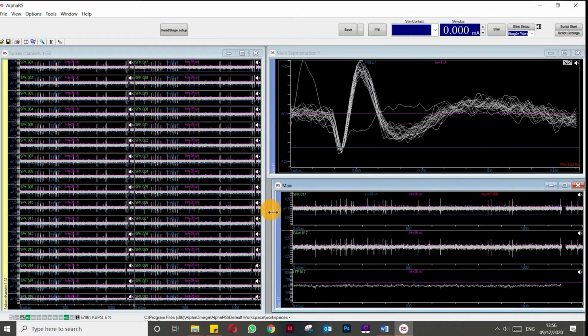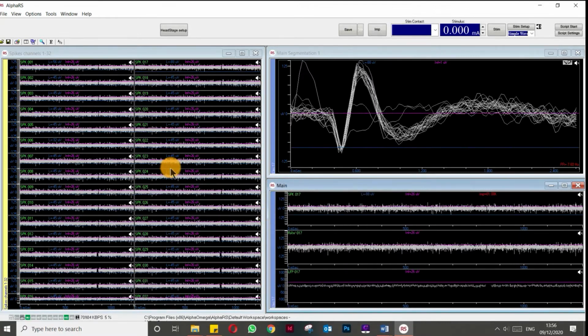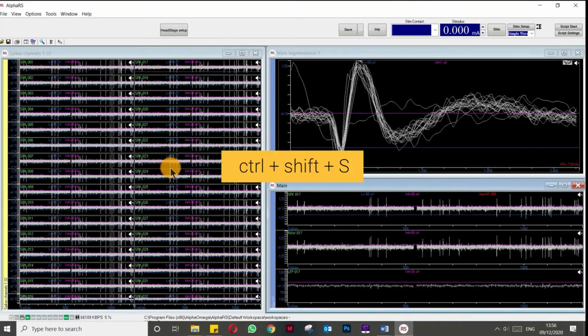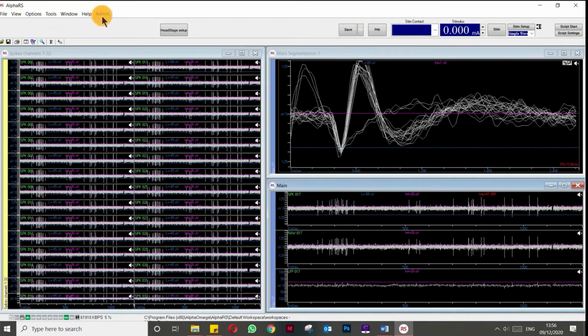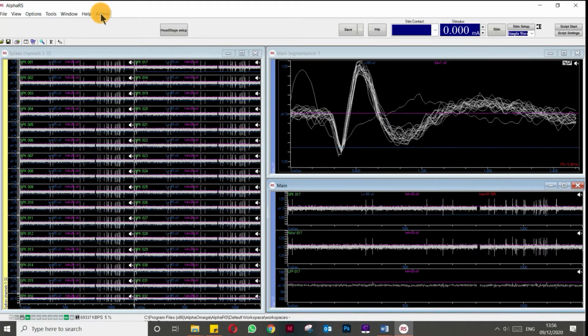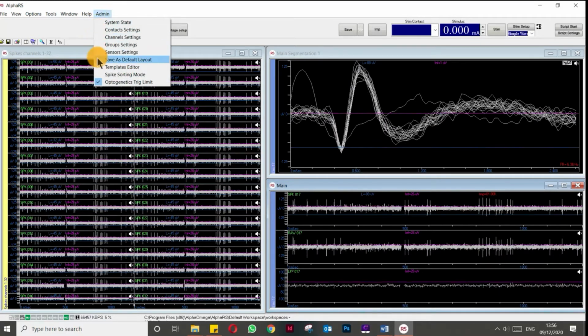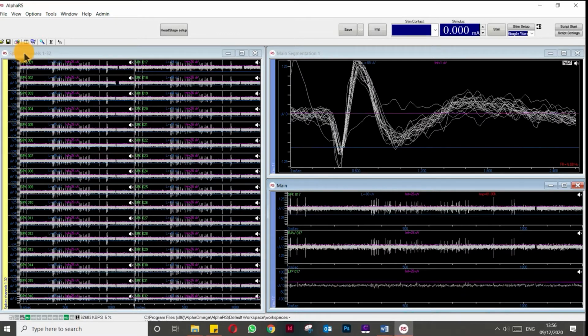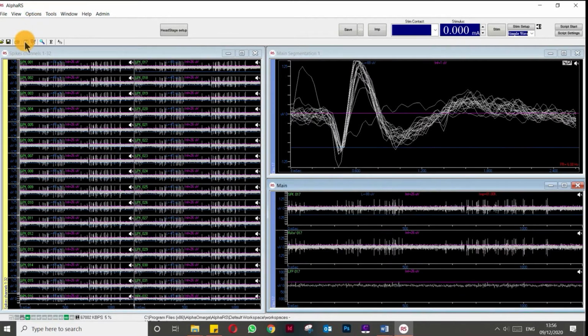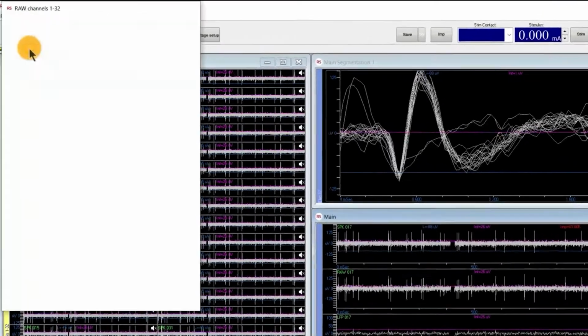And to save the following layout, I would need to press the shortcut key Ctrl-Shift-S. And on the menu bar, we see that an admin appears. So we can click on admin and click on save as default layout. So right now, if I click on the icon in the toolbar which says restore layout, I would have this